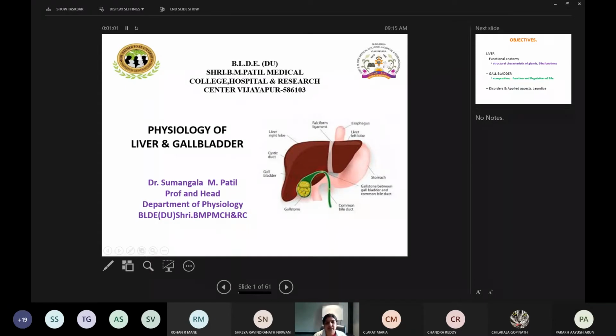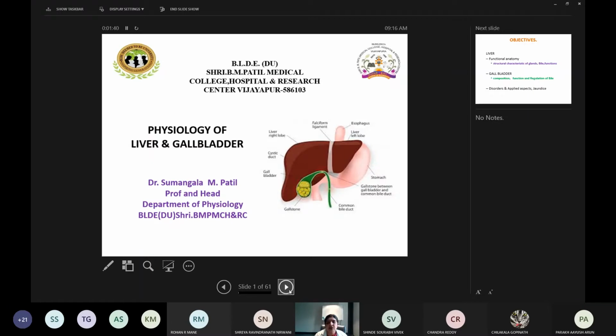Okay, so we'll begin with almost the last part of the gastrointestinal tract, and it's a very important topic also. As you all know, liver and gallbladder are the main metabolic centers of the body, right? So you will be dealing in detail with the anatomy of the liver: how many lobes, 2 lobes are there, divided by the falciform ligament, and what is the arrangement of the liver with the stomach and surrounding organs. I'll not go into details of that, but definitely we will go with